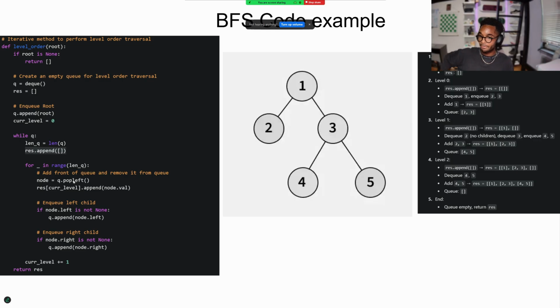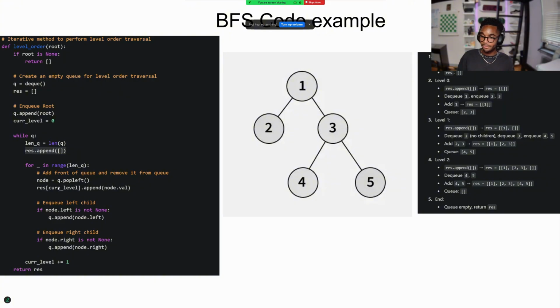And does anybody know, what do we pop left here? What node should that pop off? The node at the front of the queue. Okay. And which node is that? The node at the 0 index. Since we're using the list for our queue. Yeah. All right. So that would be 2. Yeah, correct. So we'd explore the 2 and we'd say